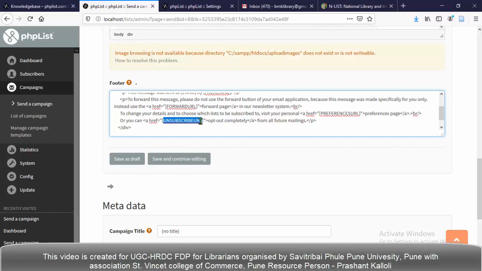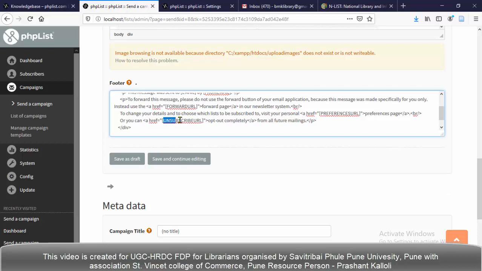These are very important. This footer message is attached to every message you are sending, every email. If a user wants to unsubscribe from the list, he or she can easily unsubscribe from that mail.